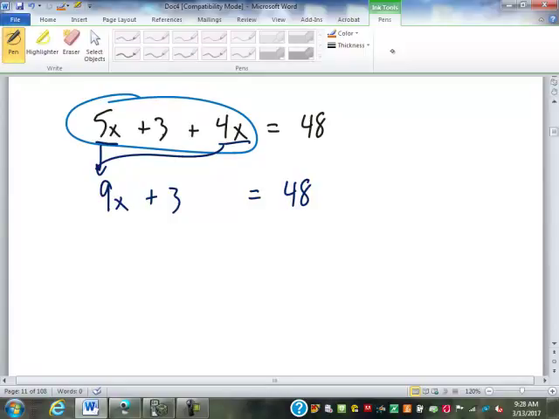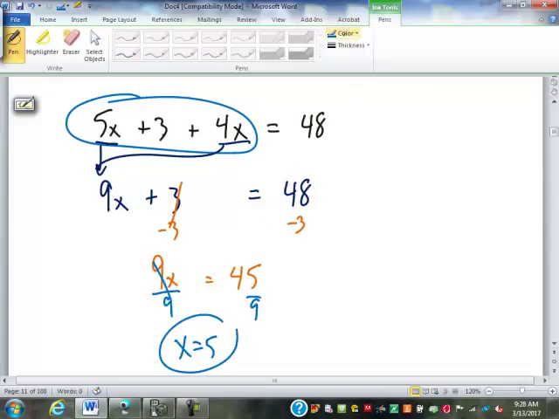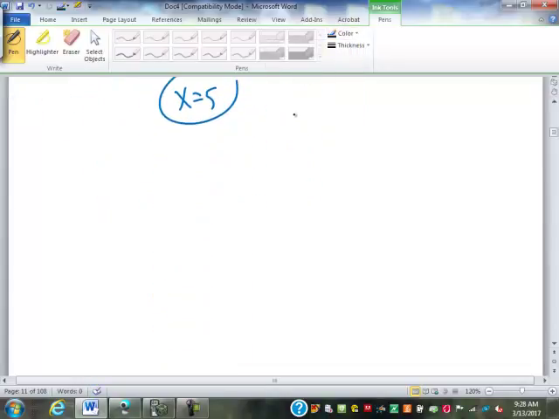So now we would go ahead and solve this by doing what? Subtracting 3. 9x is 45. And then divide by 9. X equals 5. And we could have equations like